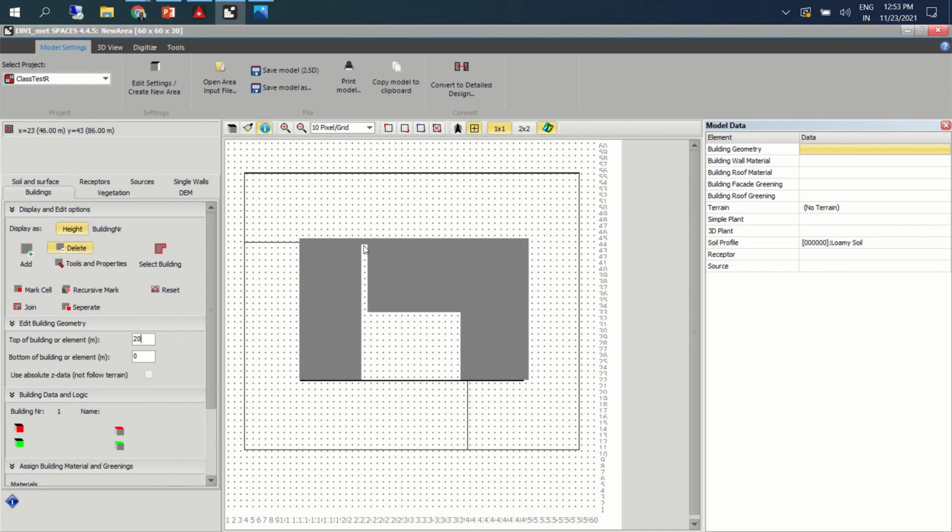I'll just erase this. We'll create something else here. You have to go to the delete button, click on the delete tab and then modify it. So I'll just keep 10 now, and then we'll mark.